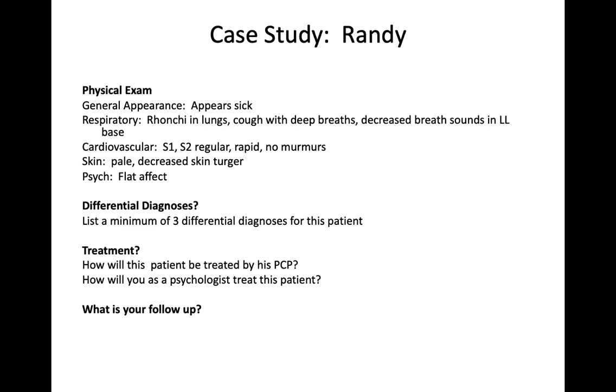Okay, so what are your 3 differential diagnoses for this patient? We already said pneumonia. What else? Hypovolemia. Hypovolemia, good. Anything else you want to think about? You can add the incarcerated hernia to that differential list, and you can add the depression to the differential list, because you have to address all of them that you're finding, okay, in your exam.